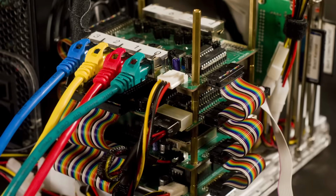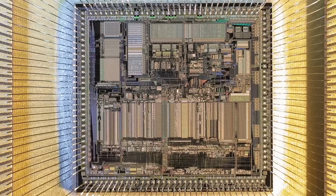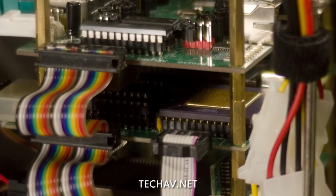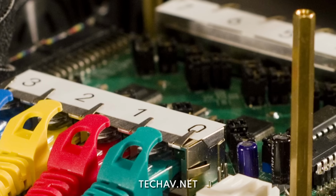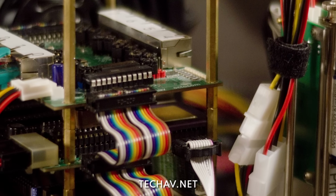Now there's one more homebrew that I am just absolutely in love with, and this is TechAV's RAP 030. This is a Motorola 68030 CPU and a 68882 FPU running at 25 megahertz. It has 512 kilobytes of flash ROM on an 8-bit bus, has 16 megabytes of RAM on a single 72-pin SIM, has one Motorola 6850 serial port and 8 16550 compatible serial ports, has an IDE controller with support for